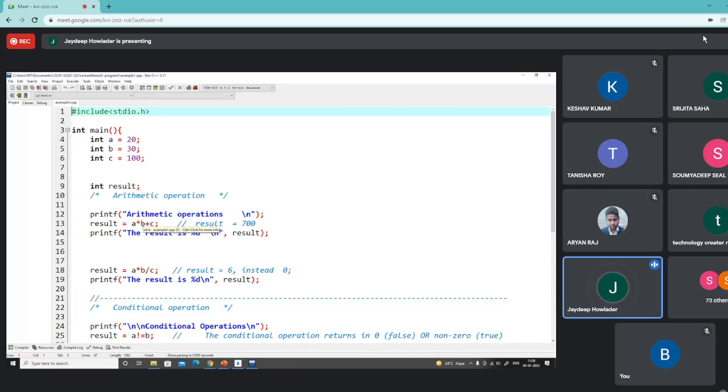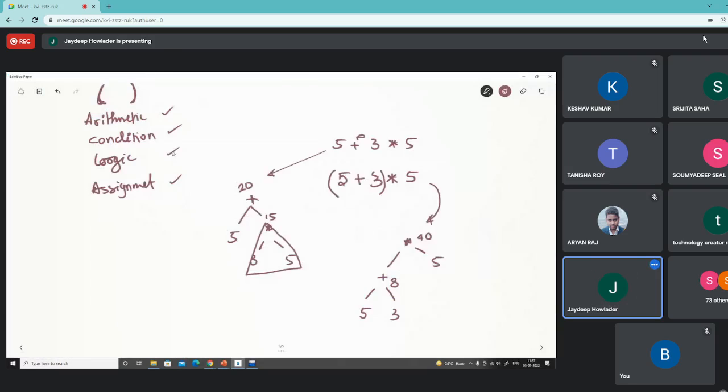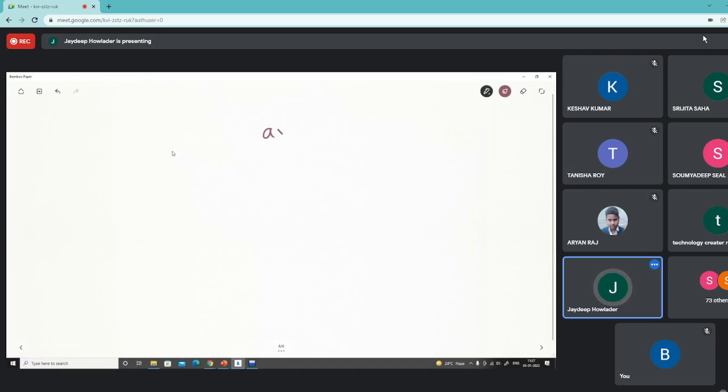It has 2 operations, the multiplication operation having the higher precedence over the addition. So we first multiply A and B, 20 and 30, and then it will be added with the variable C. So that means I first perform the multiplication A into B. This is 20, this is 30.